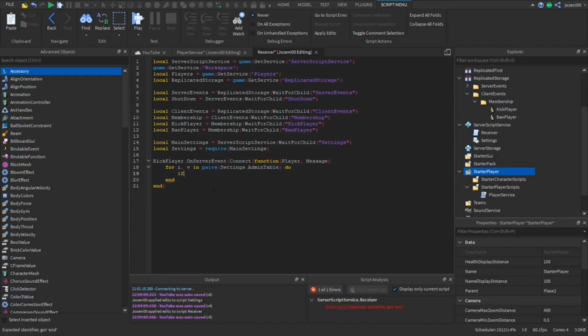And then if v is equal to player dot name, then if message is string dot match, string dot match message, settings dot prefix and double dot kick, then